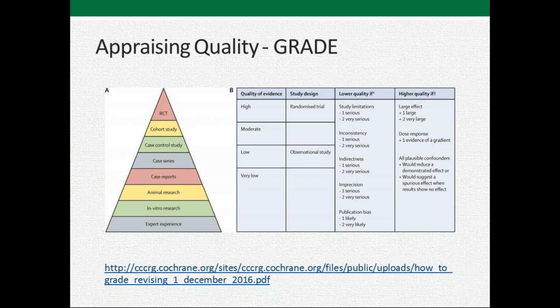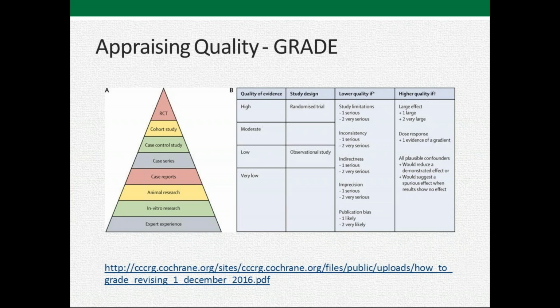It was a little more simplistic: if it's an RCT, a randomized controlled trial, that's higher evidence than a case control study or expert experience, and that's good as far as it goes. However, if the randomized controlled trial is not well designed, or the systematic review is biased, it's not going to be that good quality evidence, right?